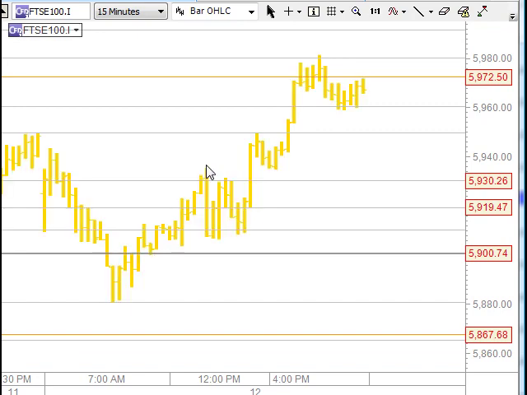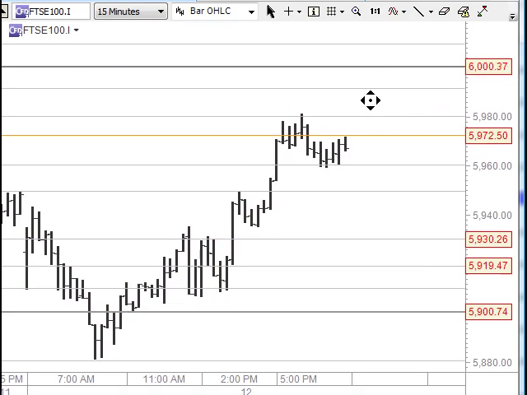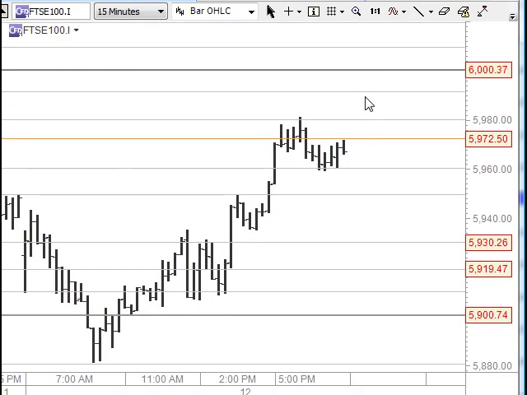It would be 5 waves to here, and then as wave A, and then an A and a B and a C for wave B, and then up for C, which would be in 5 waves, which would be the 1, the 2, the 3, the 4, and the 5. So we could sort of see it failing through here.